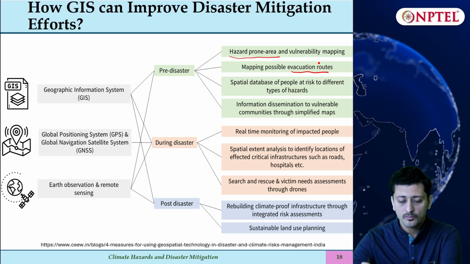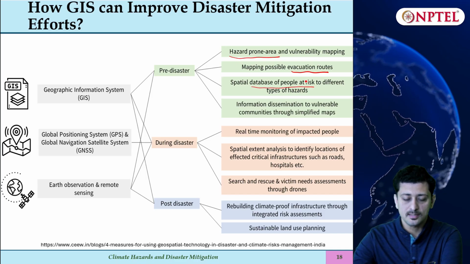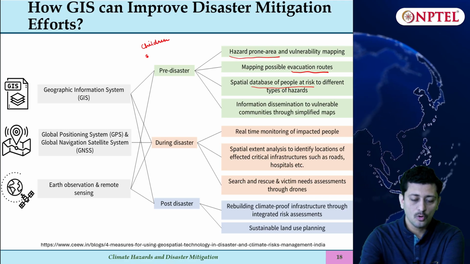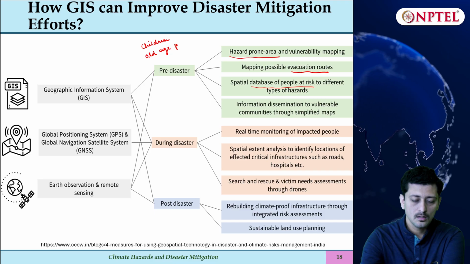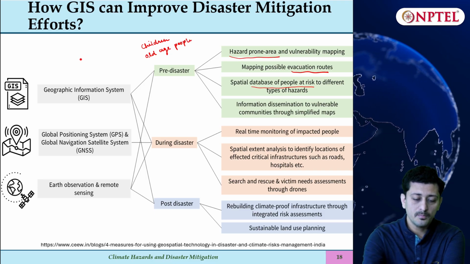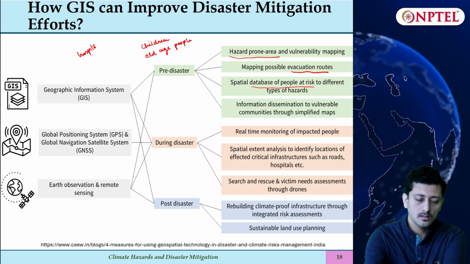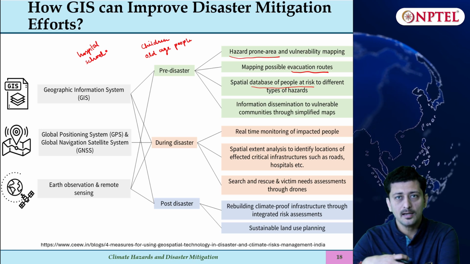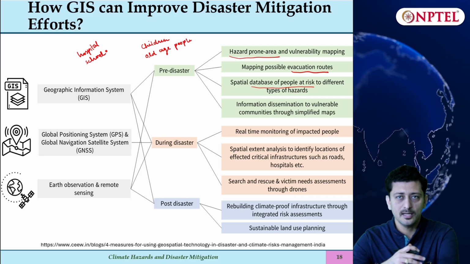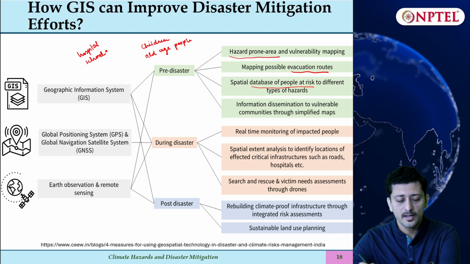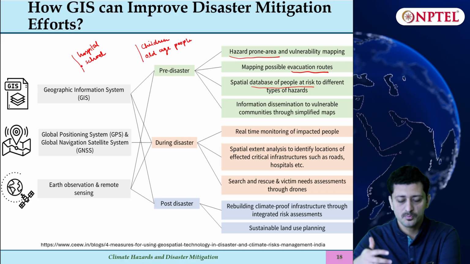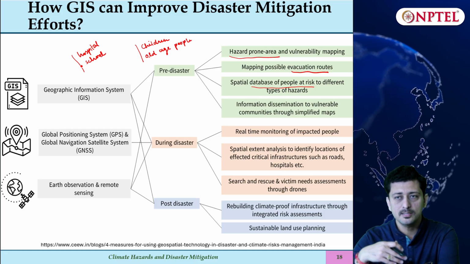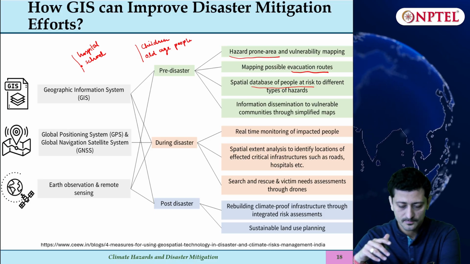Once that is done, we can also compile a database of people at risk, like children, old age people, those who are ill, so if there is a nearby hospital, school, and any other place where people are at high risk because of their inherent conditions. So if you need to plan an evacuation, these people will be the first priority. And if we collate that information before any disaster, it will help us in smoothly navigating such a disaster.